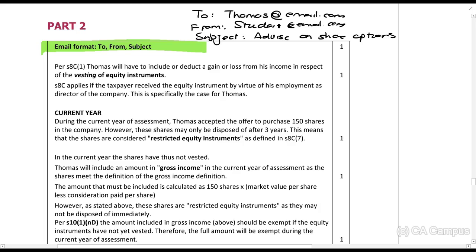Now, think about this. Majority of you guys are working. If you're not working, you've definitely seen emails in your life before. What the examiners are trying to do here is prepare you for APC, where they will also tell you to write a report, write an email, put together a spreadsheet, put together a PowerPoint presentation, whatever the case might be. They want to see, can you follow instruction? Do you know what they're saying there? So just do that. Thomas at email, student at email.